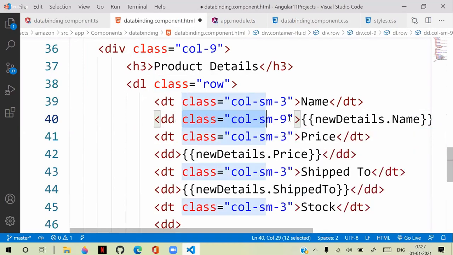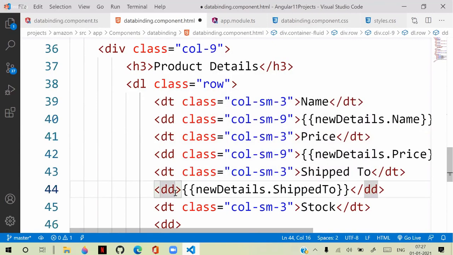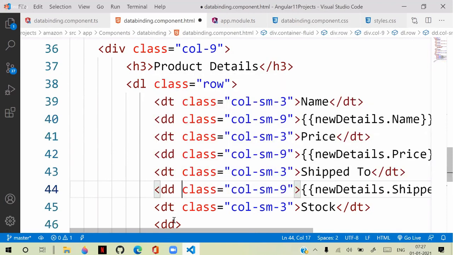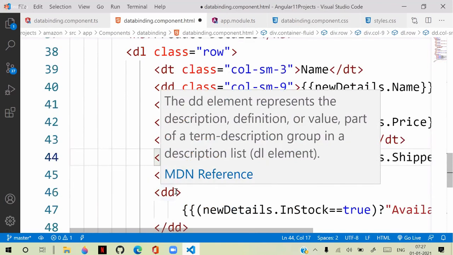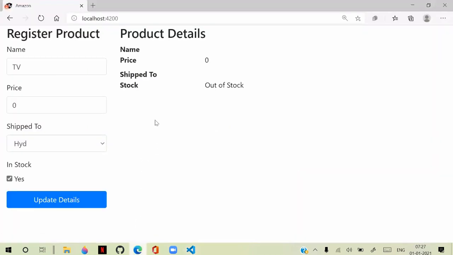These are all general Bootstrap classes. We are using data definition, col-sm-9. It is nothing but arranging the information side by side in this way. So the name, price, shipped to, everything is arranged side by side.